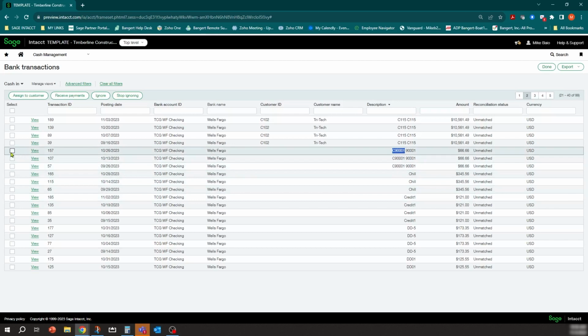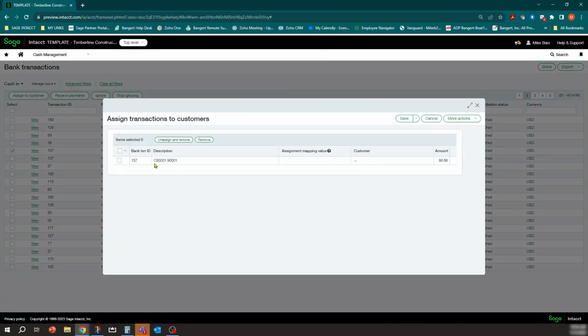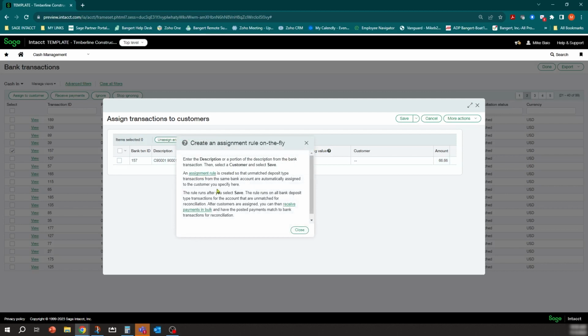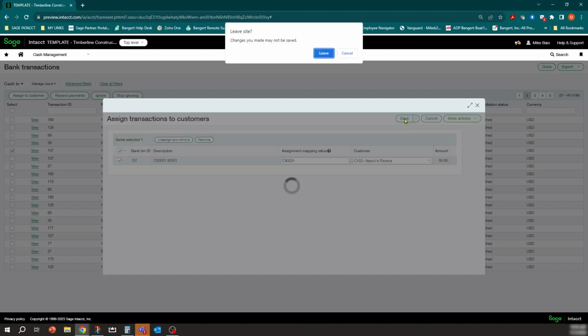I'm going to copy that. And I could do it for all 3, or I can do it for just 1, but I can click on that line and you can hit this button here, assign to customer. So you can do it on the fly the first time. And once you do it, it knows it for the rest. So now it says, okay, well, the description for that line is there, and I'm going to say whenever this is in the description, in the mapping value, and you have a little help here on this too, and they go through just talking about the assignment rules, assign it to this customer. So I'm going to say it's going to be Napoli Pizzerias. Okay, so I'm going to go ahead and check that, and I'm going to click save.